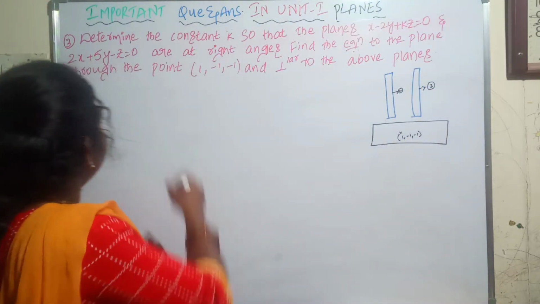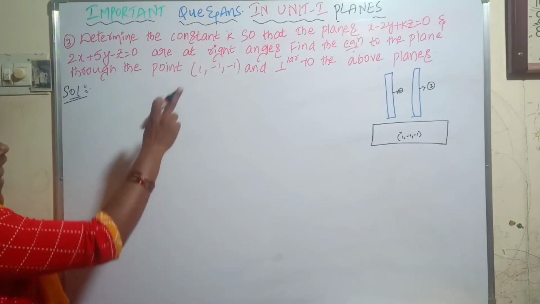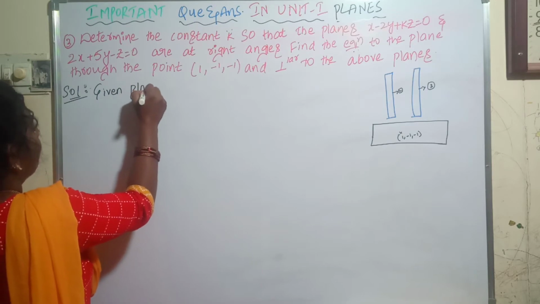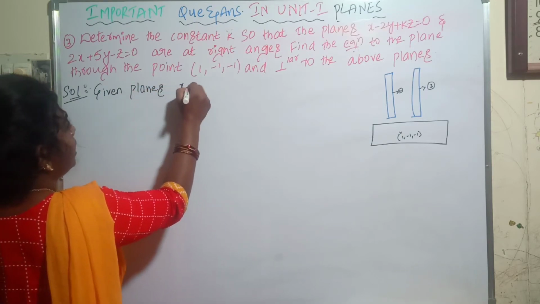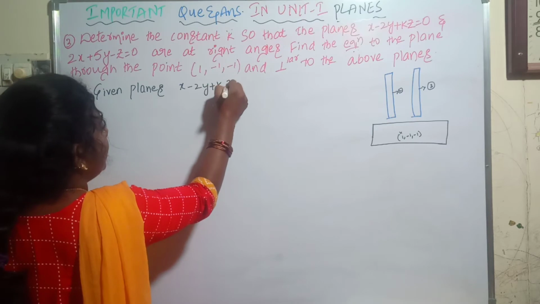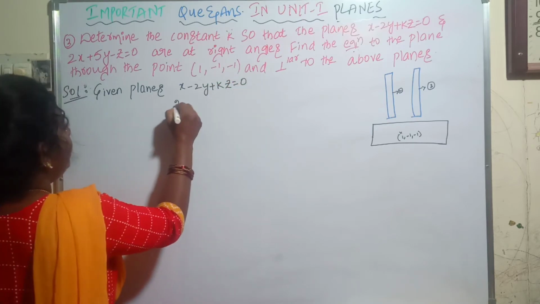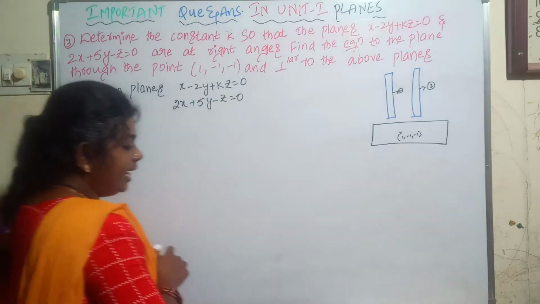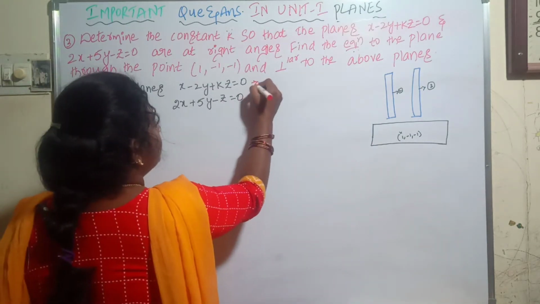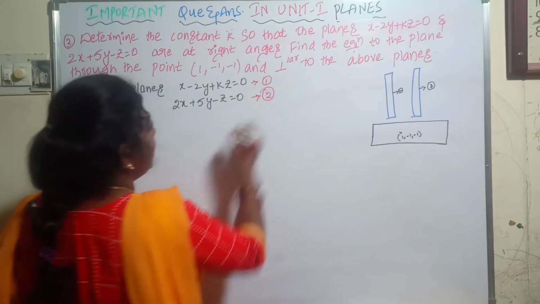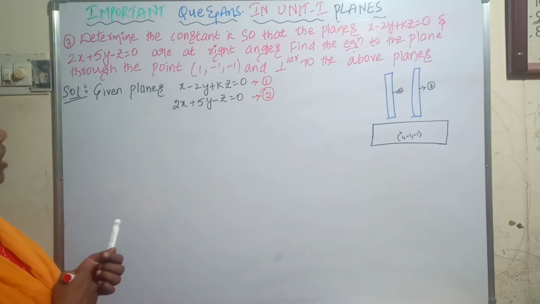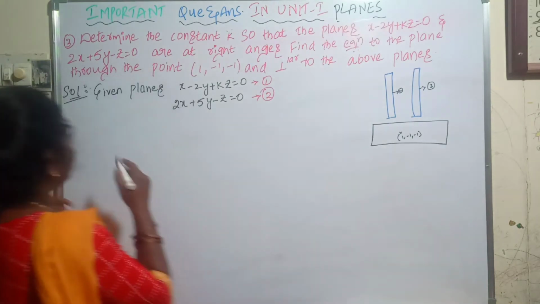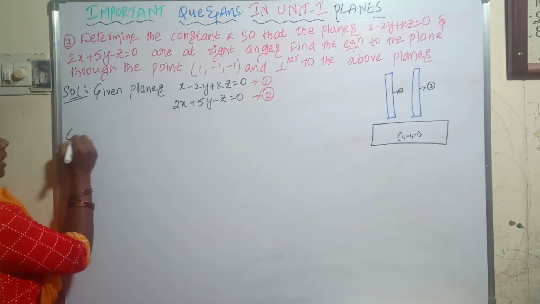Now we have to determine the constant k in the first plane. What are the given planes? x - 2y + kz = 0 and 2x + 5y - z = 0. Treat this equation as the first equation and this as the second equation. He is saying these two are perpendicular. Perpendicular means the condition for perpendicularity is